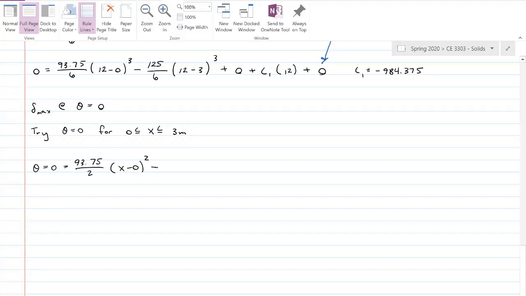Minus, okay, the next one here is 125 divided by 2 times x minus 3. Okay, well, if we're less than 3, greater than 0, less than 3, there we go, accurately written. And that means this is 0, as is the last one. And then we just have c1, which is minus 984.375,